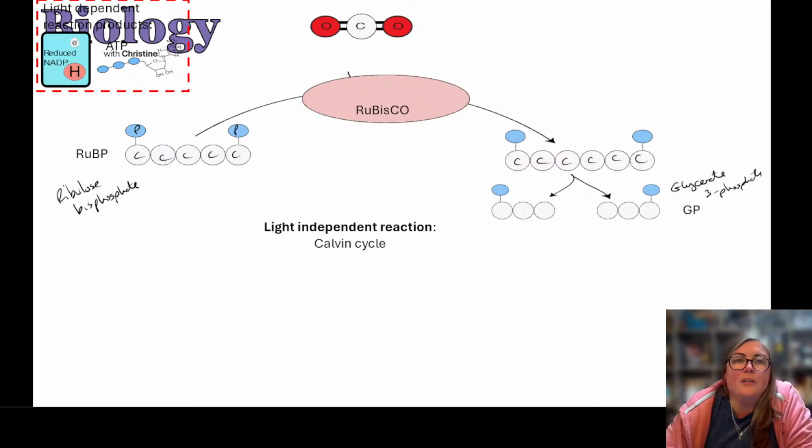Okay, so what else have we got? Our glycerate 3-phosphate. Now, at the moment, the only thing that is needed for the light independent reaction is carbon dioxide. If carbon dioxide levels are low,